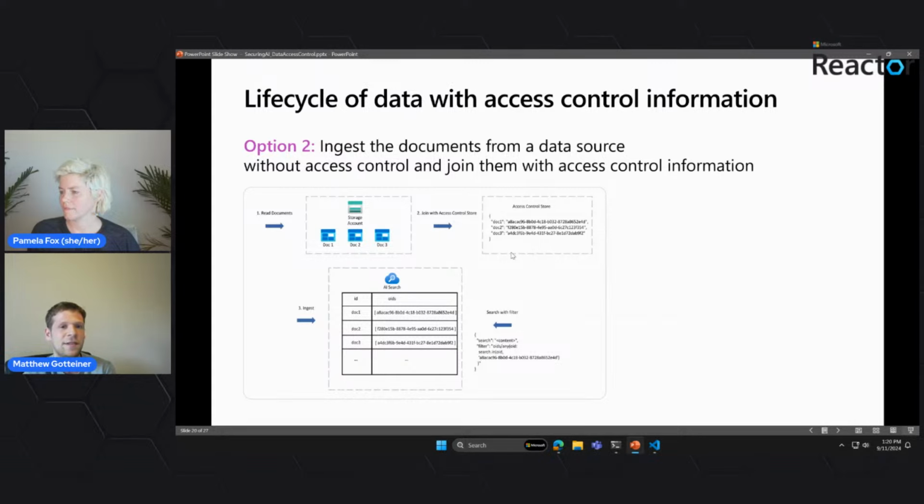I've stored my access control distinctly from the storage. Maybe I'm using a regular storage account that doesn't support access control. Maybe my access control information is somewhere else, maybe stored in a text file somewhere, in this example. All I really need to do is join those two pieces of information, because when I upload documents to AI Search, I can upload them first, maybe without access control, or maybe I upload the access control first. Using the merge action, I don't need both sources of information in the same place. I can have the data stored separately from the access control, but as long as it lands in the RAG index with access control, the filter will work properly.